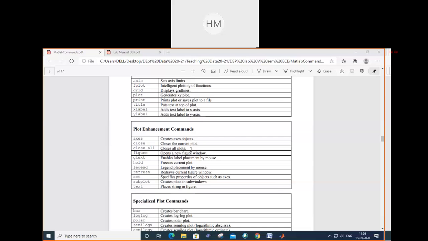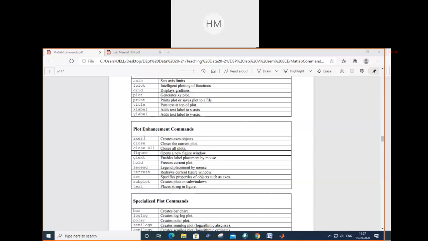So that was there to clear the command window. Okay, and these are for closing all plots. Figure opens a new figure window, or a figure window will pop up on the screen if I write figure. Okay.